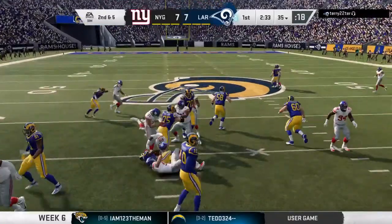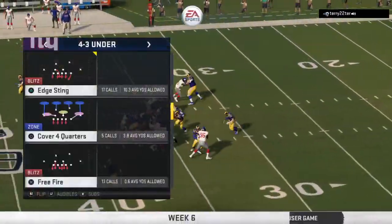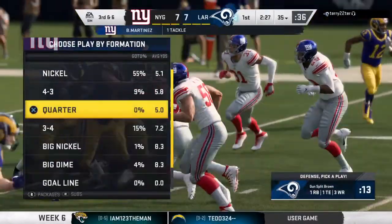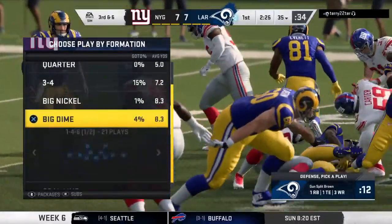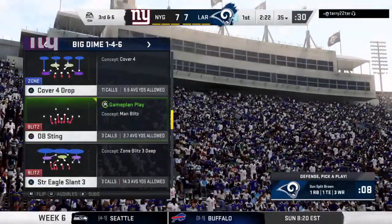On 2nd down, Swift, and he is met quickly in the backfield. Down he goes, folded like a lawn chair. He has elite instincts from his linebacker spot. He's able to diagnose the run and flies in like a missile to stop that one behind the line of